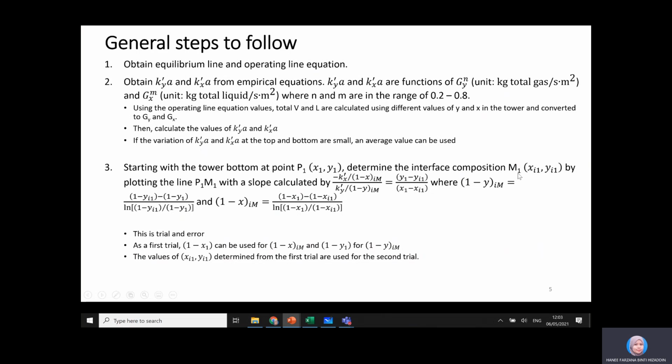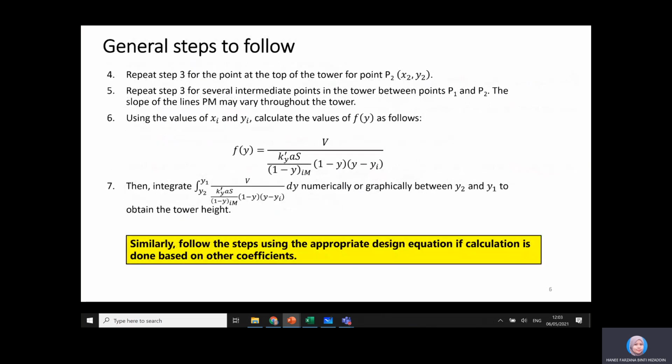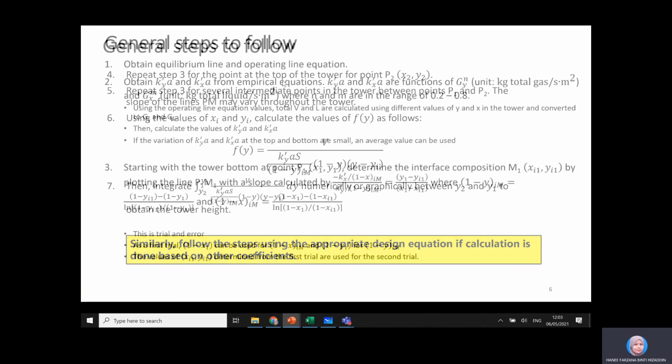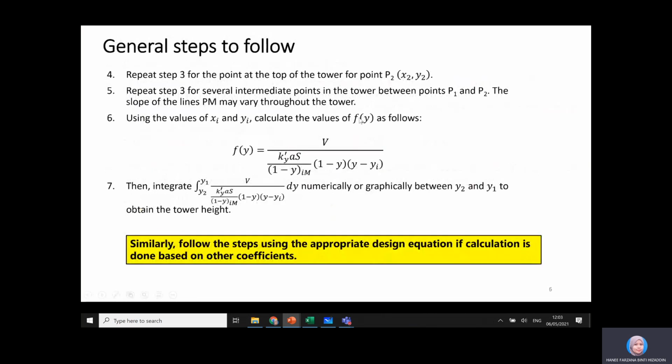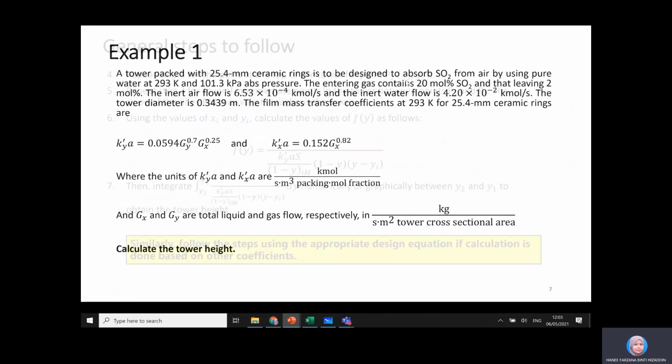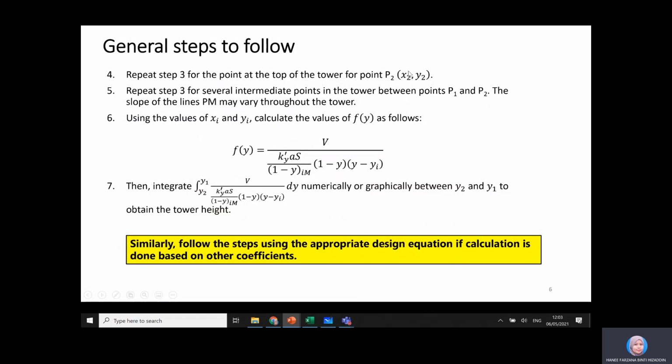So please review this topic on earlier lectures, slides, and videos in lecture 8 or 9. Okay. And then we repeat all the steps, because just now we are working on the bottom of the tower, the concentrated end of the tower, for absorption. Then we repeat for the dilute end at the top of the tower, P2, where the coordinates should be